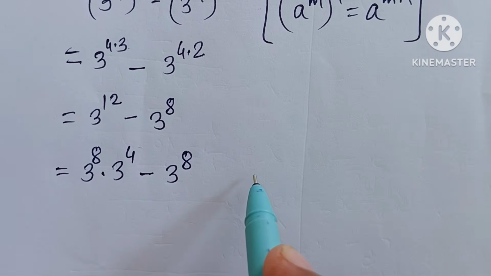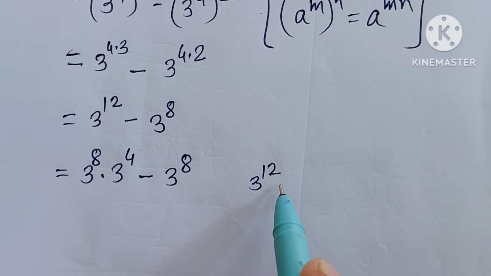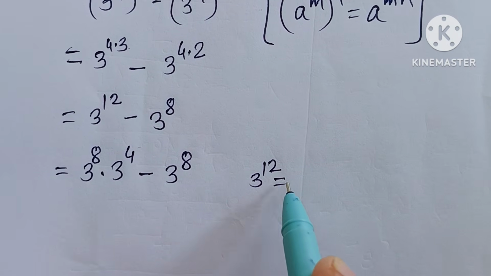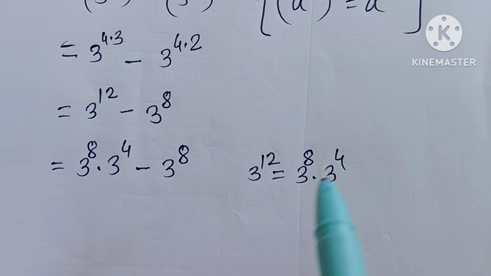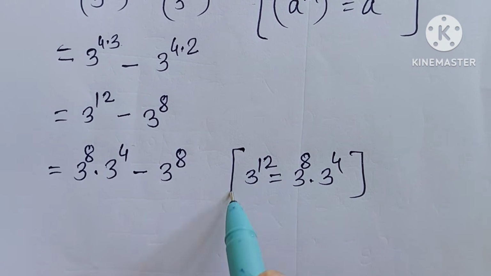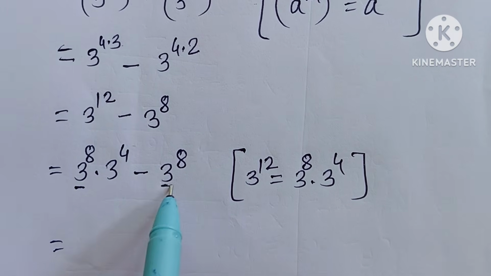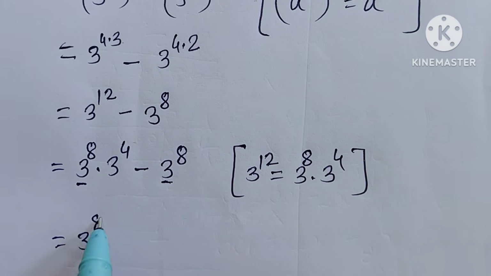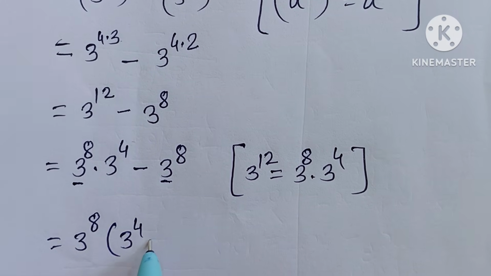How have we written this? 3 raised to the power 12 is equal to 3 raised to the power 8 into 3 raised to the power 4. In this way we have written this. Now take common 3 raised to the power 8. So here remains 3 raised to the power 4 minus 1